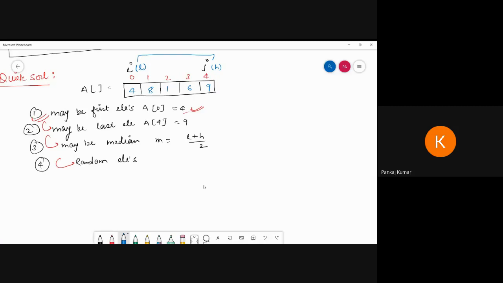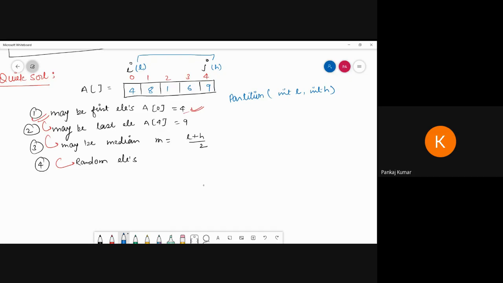Now, I am going to create one partition algorithm. I am not writing the full code, I am just writing the pseudo code. So I am going to write a partition algorithm. Partition, and here I am going to pass the L value and the H value. When you use arrays, you can also pass an int array like that, but here I'm going to write a concept, so that's why I'm not writing everything. So in the partition algorithm, L indicates the low index value and H is the high index value.